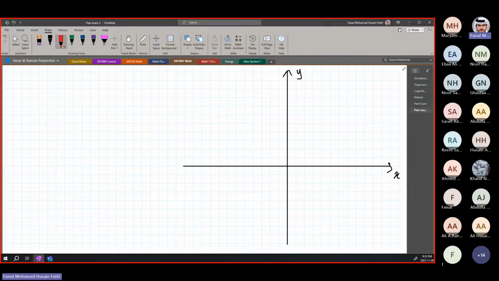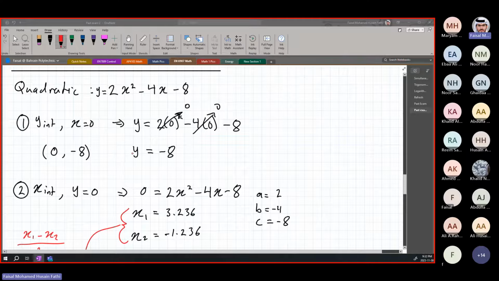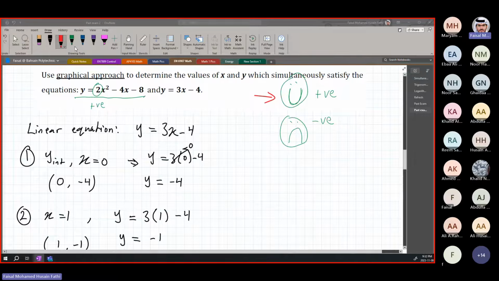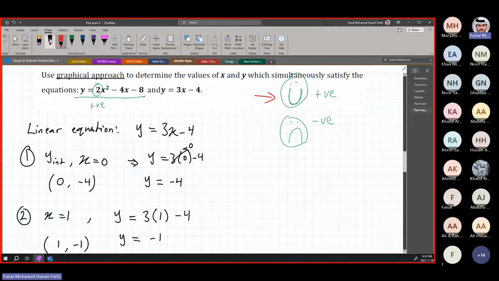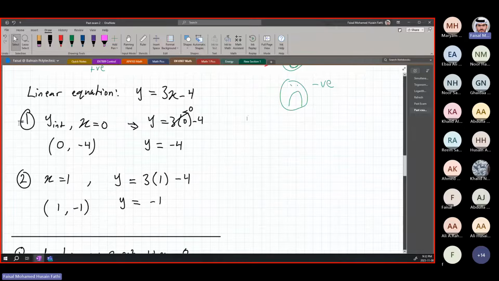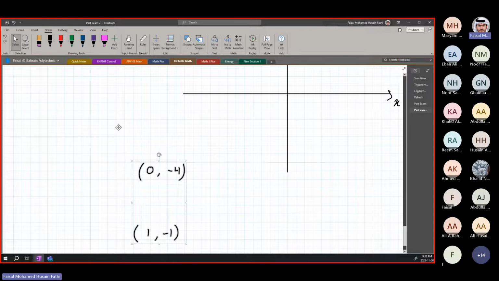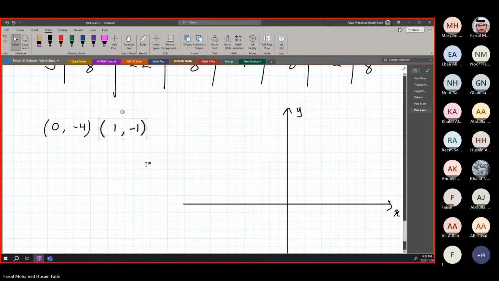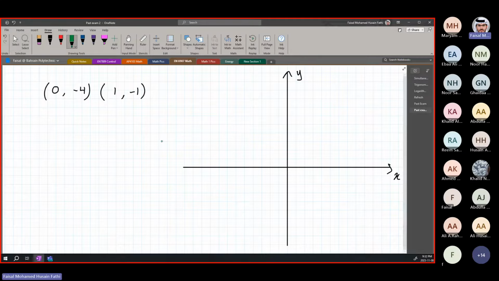I will do everything in red يخص a linear equation and everything I will do in green يخص الquadratic بس عشان ما تتلخبطون. زين let me reduce the thickness مال هذا. فاحنا شنو عندنا طلعنا points for a linear equation are 0 minus 4 1 and minus 1. Okay so these are our points حق linear equation, the 2 points. Okay so these are for the linear equation. زين this is linear